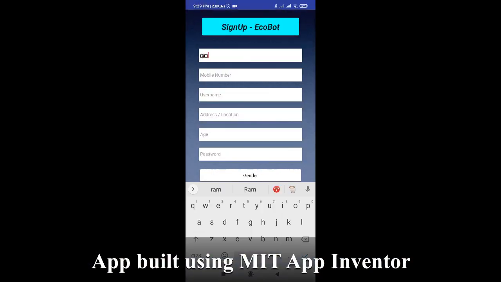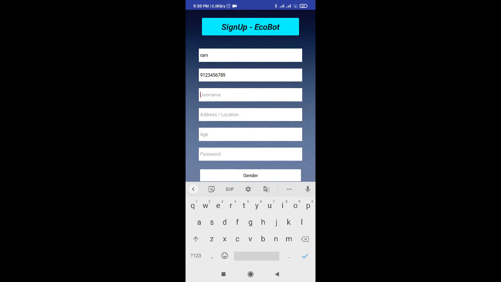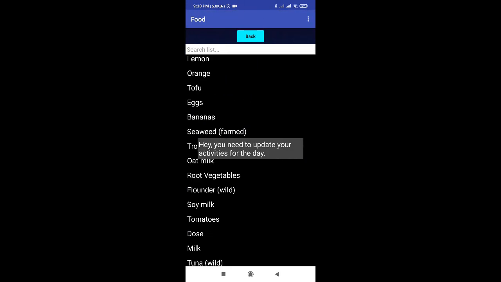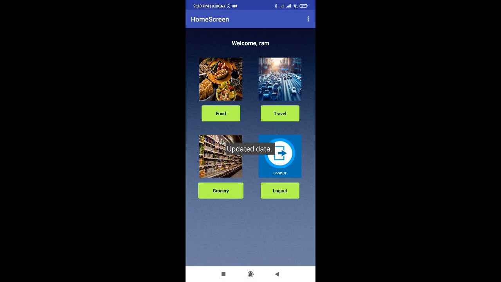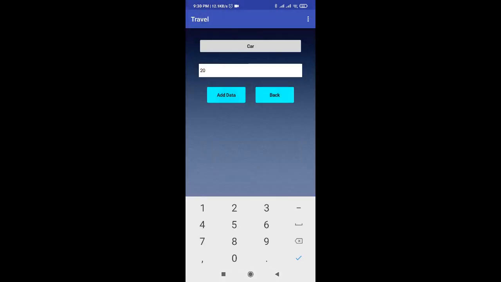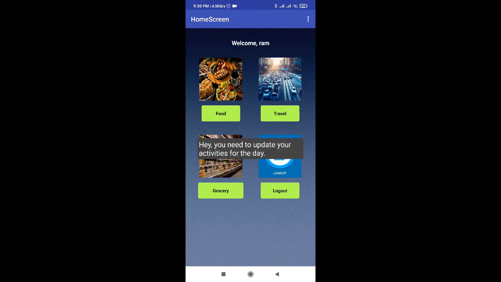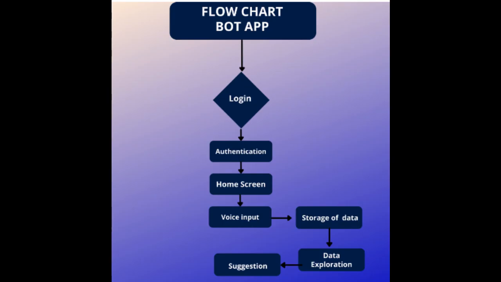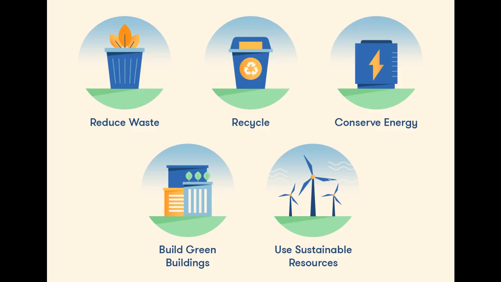To help reduce our carbon footprint, we have come up with a solution, a mobile application that consists of two components, the mobile app and bot app. The mobile app's purpose is to assist the user in entering text data throughout the day, prompting the user to answer some general questions at predetermined intervals. This information will be added to a common database that the bot app can access. The software regularly reminds the user to provide essential information about their daily activities, such as food, travel, and groceries. The bot app analyzes this data and predicts the carbon output of the user, giving voice enabled solutions.